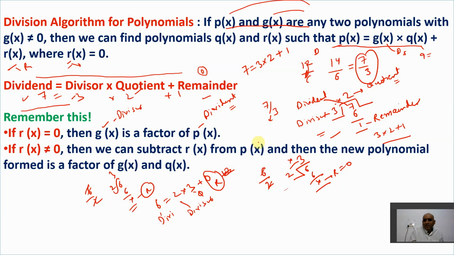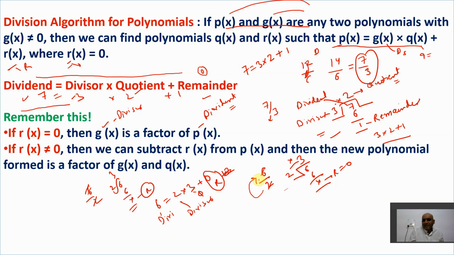If the remainder is 0, just now we have taken one example, 6 by 2. If the remainder is 0, that means the number in the denominator, which is actually a divisor, is a factor of the dividend. Then only the remainder has come 0, no? Otherwise not possible. If you take the example of 6 by 2, 2 is actually a divisor and 6 is a dividend. That means the divisor is a factor of the dividend. Just now I told you, if a number divides another number, that means the number is actually a factor of that particular number, no?